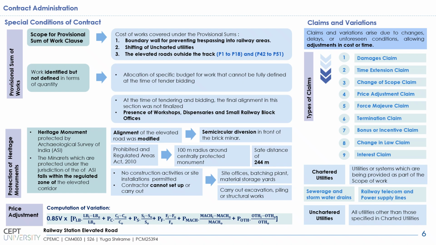Also, there is one condition for the preservation of heritage monuments, wherein the presence of the minarets around the project structure had to be taken care of. As per the Prohibited and Regulatory Areas Act, a 100-meter radius is to be maintained around this centrally protected monument. To take care of this, under the project, the alignment was revised and modified, wherein a semicircular diversion was given in front of the brick minar, and with the help of this diversion, a safe distance of 244